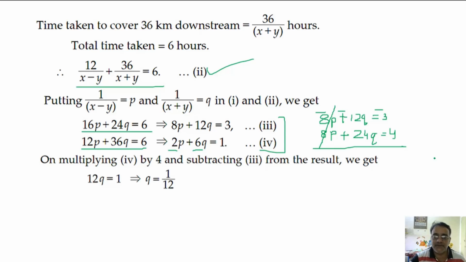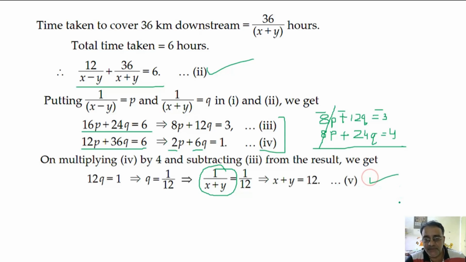Now this we can substitute in any one equation. So we are substituting, q is 1 upon x plus y. So x plus y is equals to 12. Let it be equation number 5. Now substituting